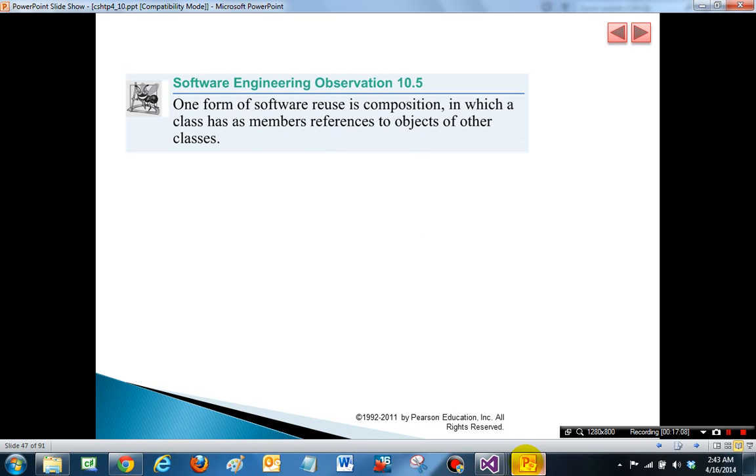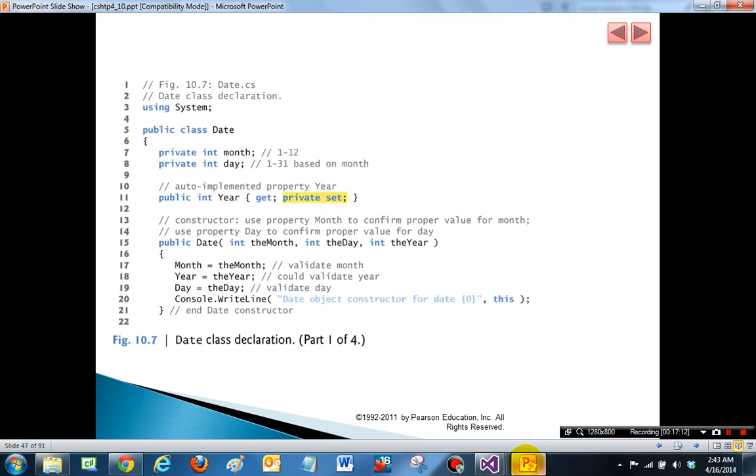One form of software reuse is composition, because we use another object within a given object, another type of object. So here is the example. This is the first type, Date. It has a month and day as private instance variables, and an auto-implemented property Year,